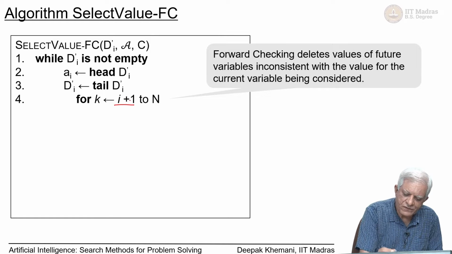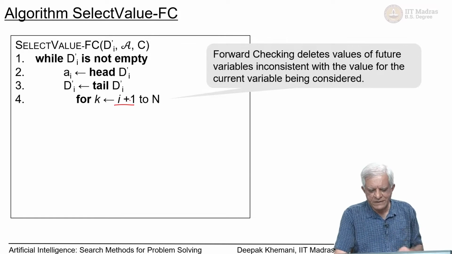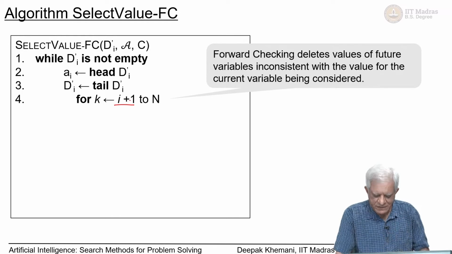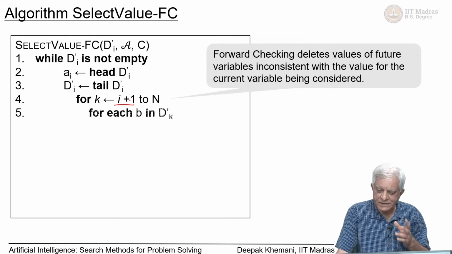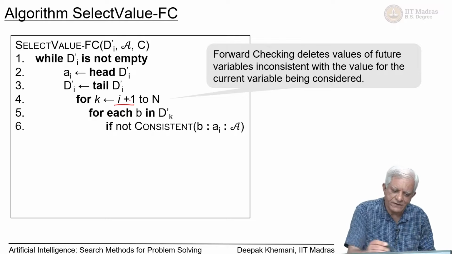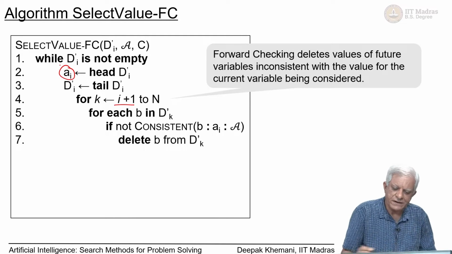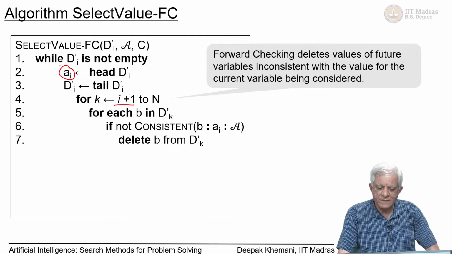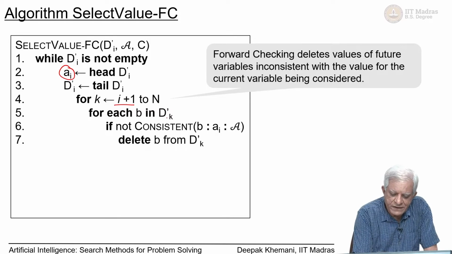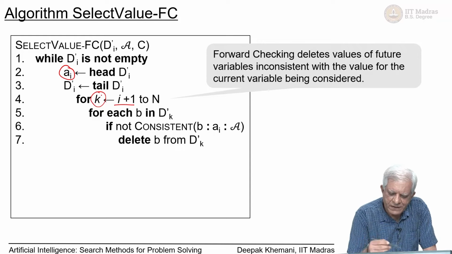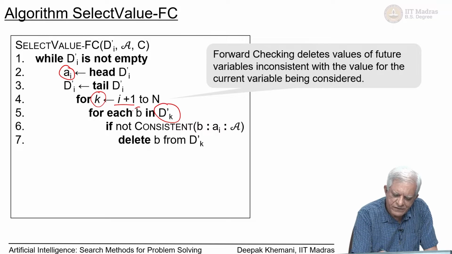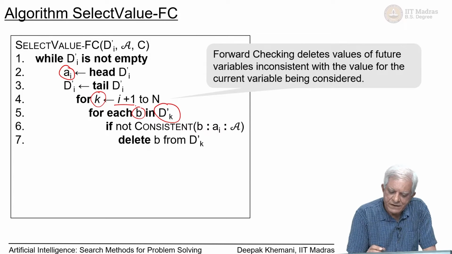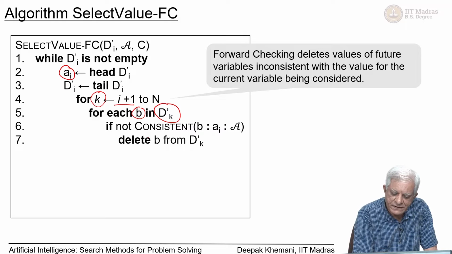Now you are saying look from I plus 1 to the last variable n and see whether everything is going to be consistent if you assign the value ai to the ith variable. How can we do that? We can say that for each b in dk prime, so this is k for k going from I plus 1 to n, and for each value in that dk prime b, we will see whether